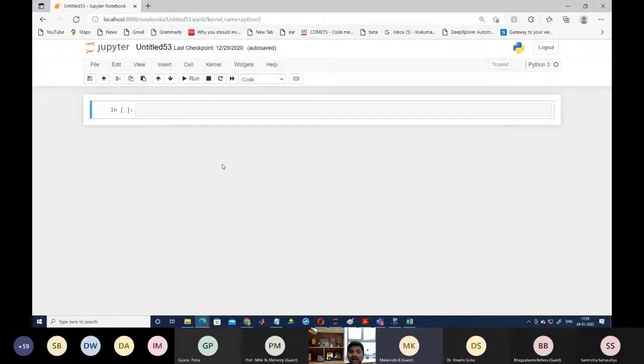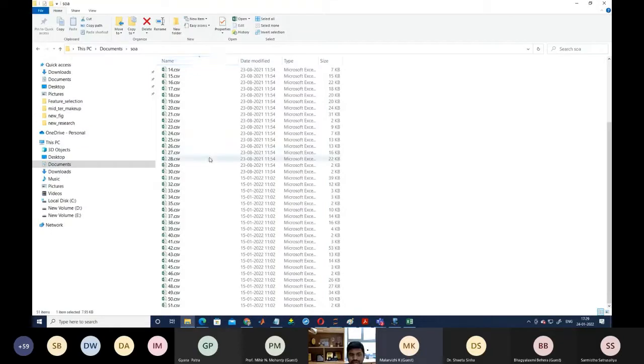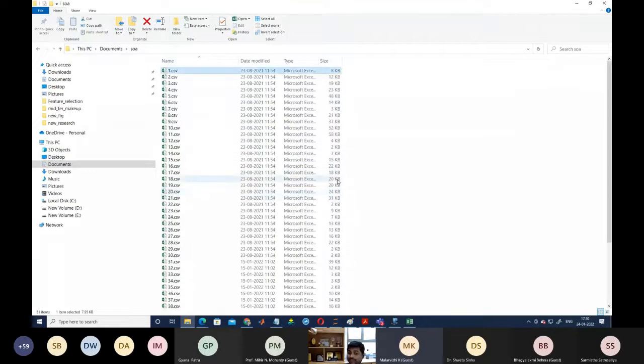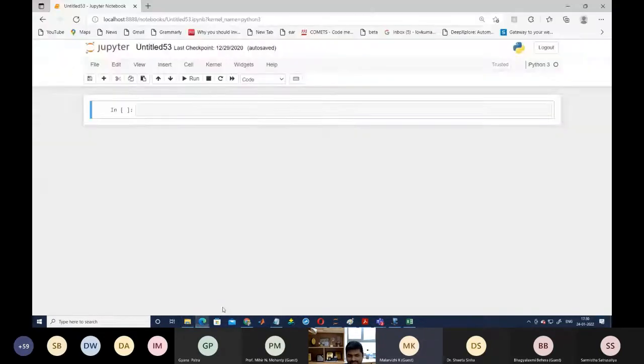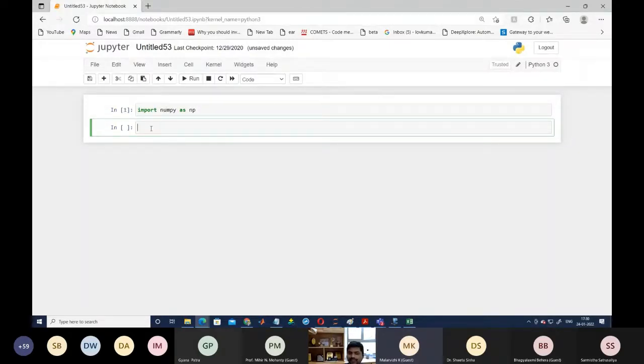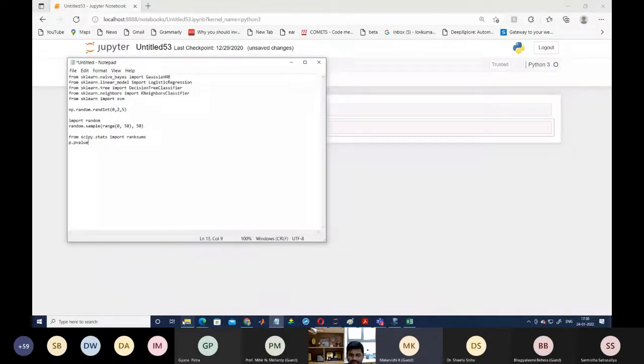So now first we'll see how to read the data, because you can see these are the data. We are working with 51 different colleges, and first we are going to find whether the individual feature has the ability to distinguish between dream job and non-dream job or not. So now you can see how to write. Here we are using one package called numpy, import numpy as np. After that, we will see how to read the data. If you go to read the data, you can see I have written one code.